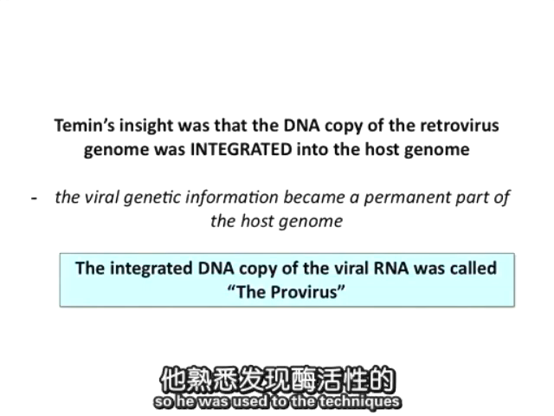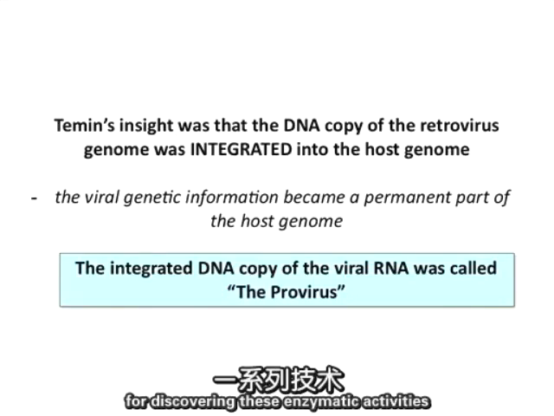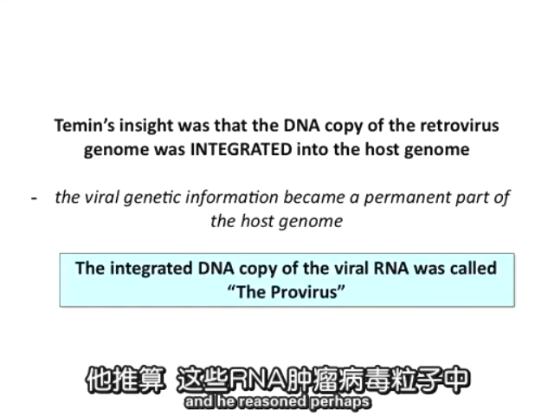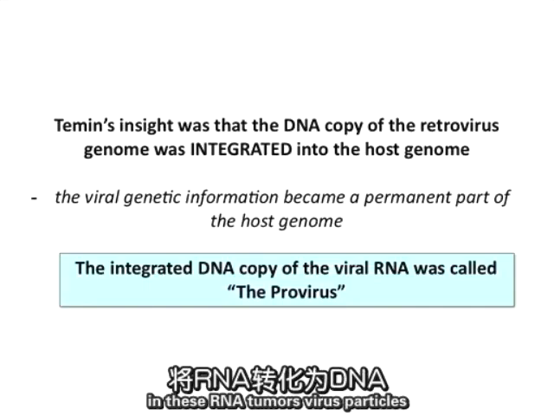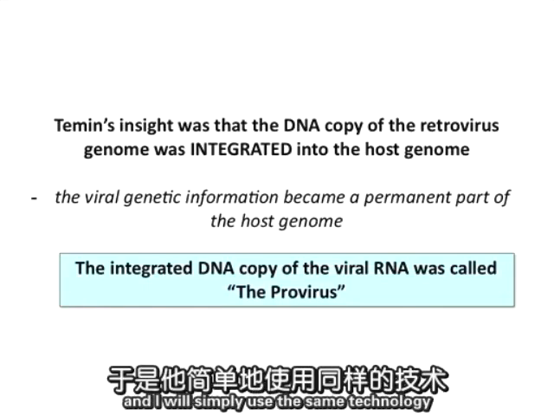So he was used to the techniques for discovering these enzymatic activities, and he reasoned perhaps there is an enzyme that converts RNA to DNA in these RNA tumor virus particles, and I'll simply use the same technology to detect